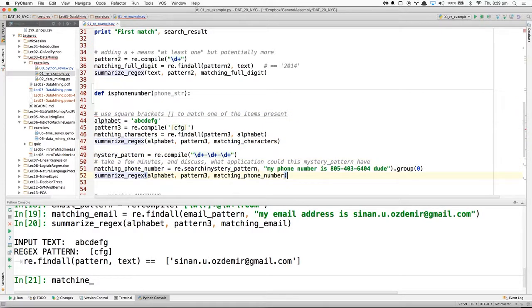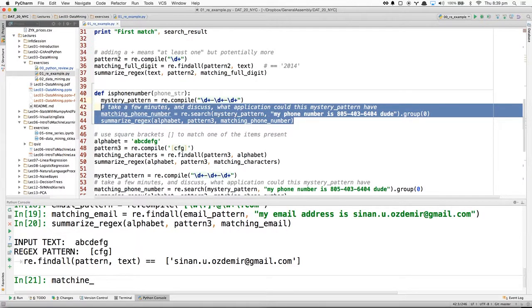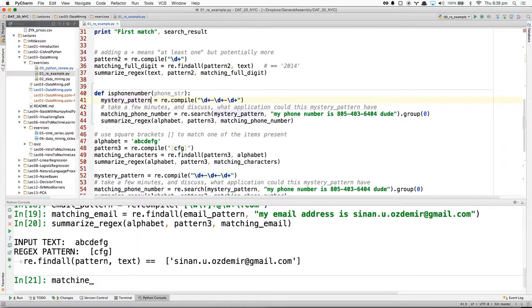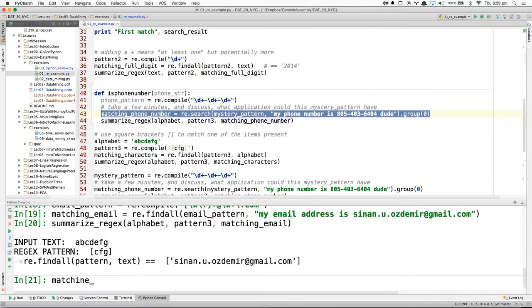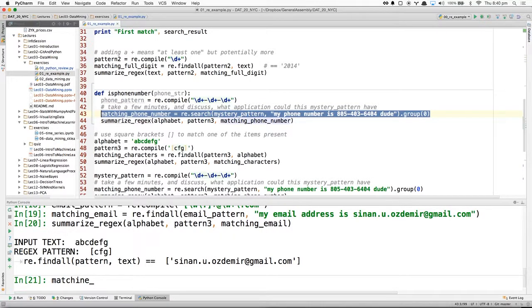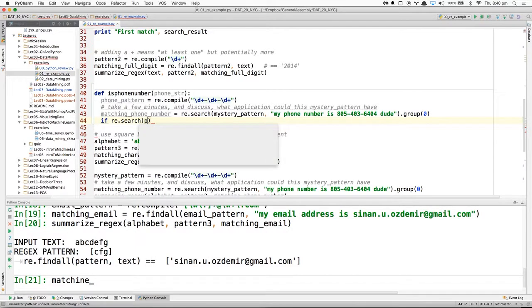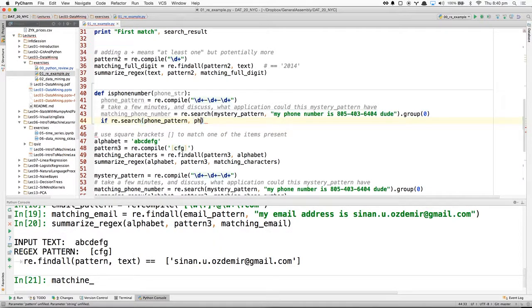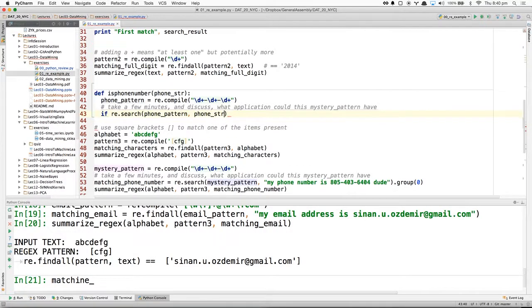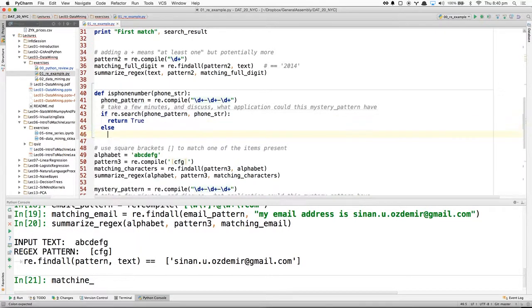I can really create higher level functionality from this lower level behavior by saying, call this phone_pattern, and I can basically just say if re.search(phone_pattern, phone_string): return True, else return False.